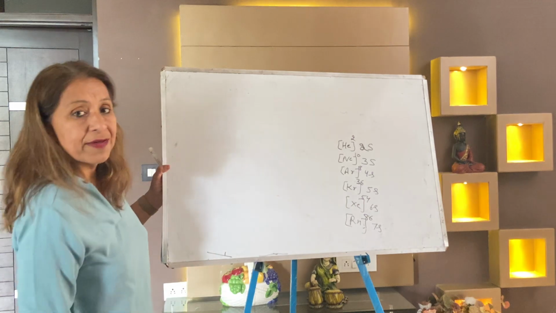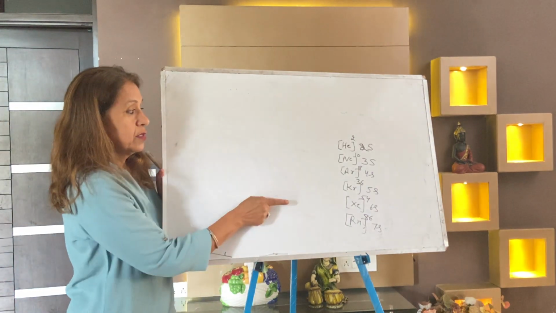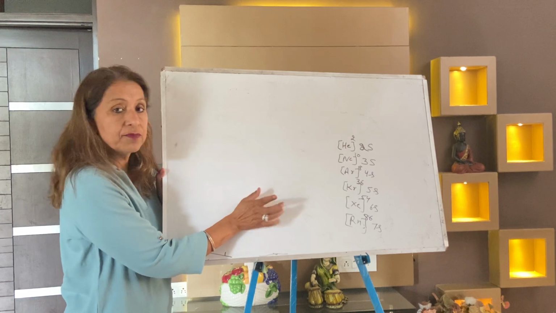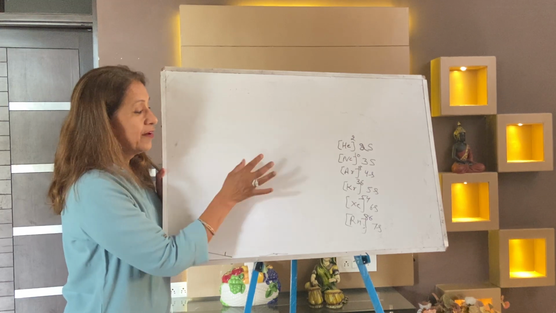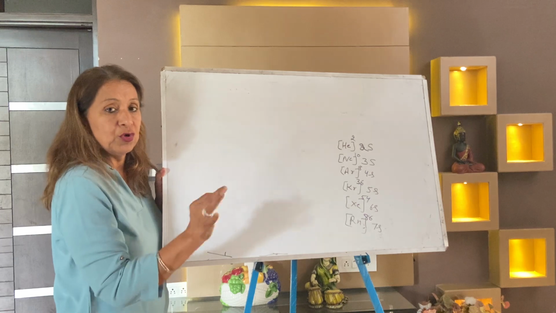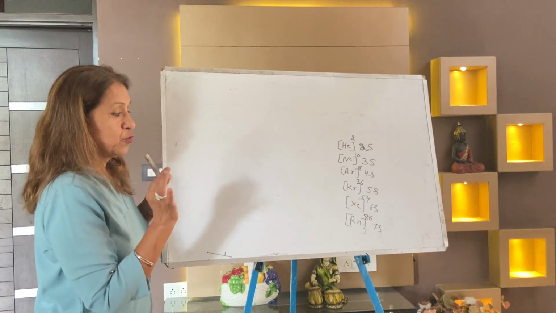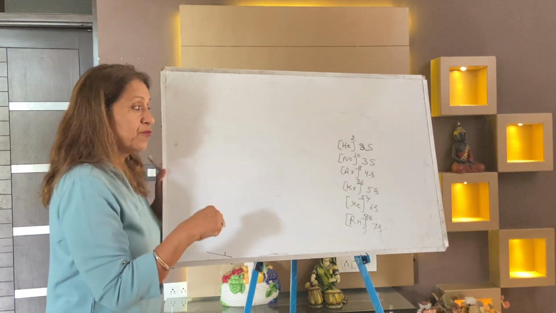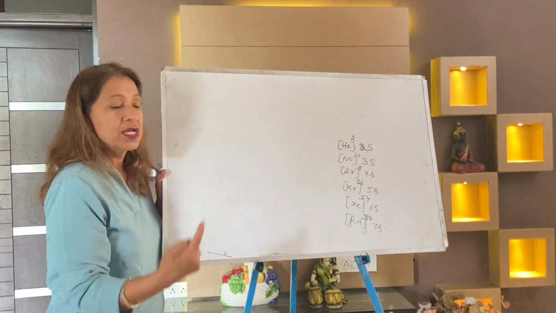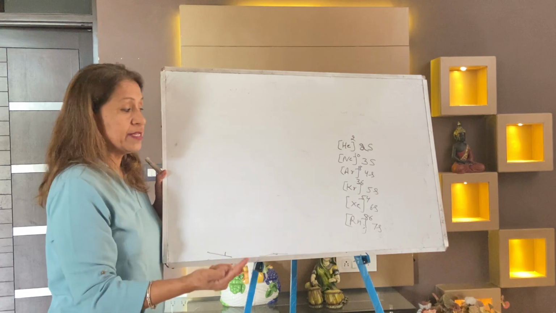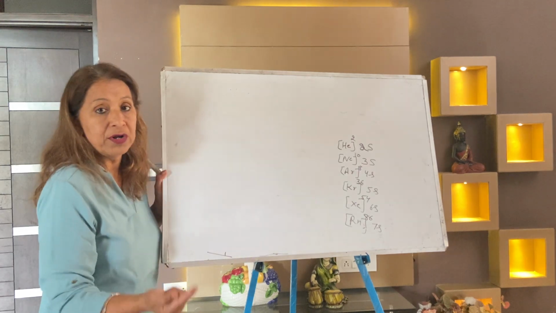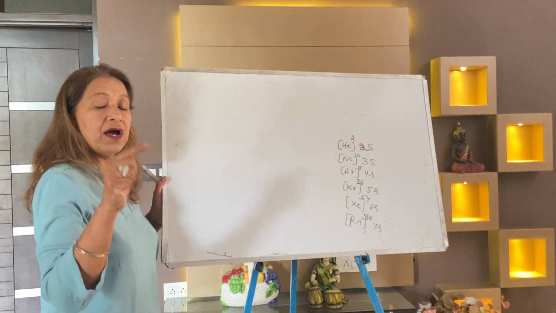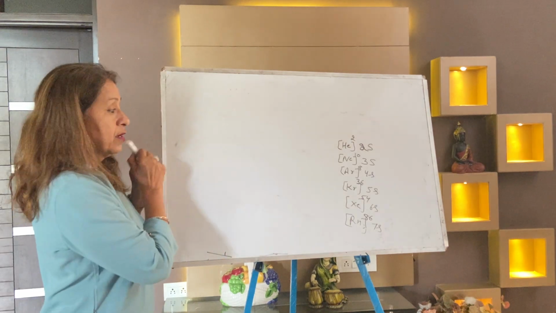Now this is a very, very important way to write the electronic configuration within seconds. So kindly learn this pattern: helium 2, neon 10, argon 18, krypton 36, xenon 54, radon 86. And also learn that after helium always put 2s, after neon 3s, after argon 4s, after krypton 5s, then 6s and 7s.